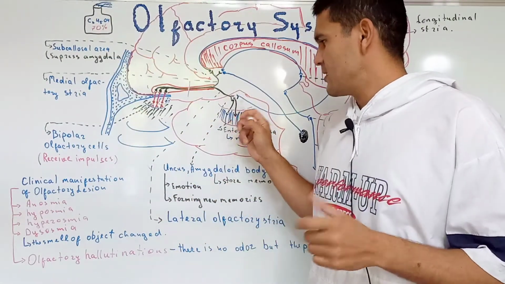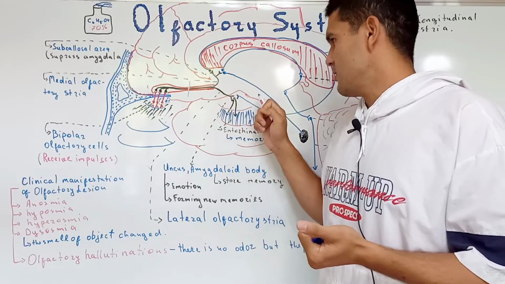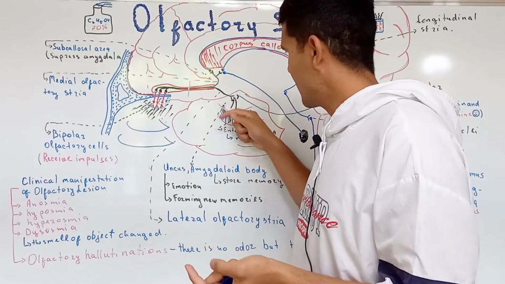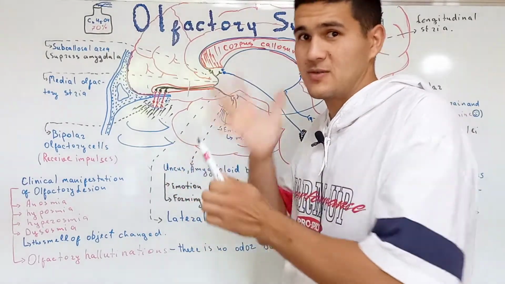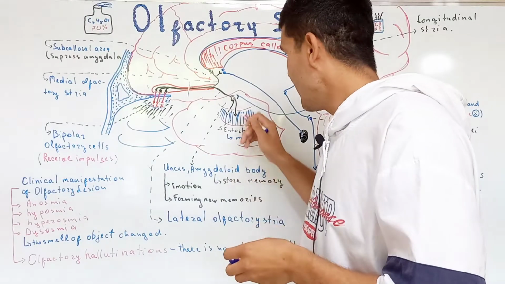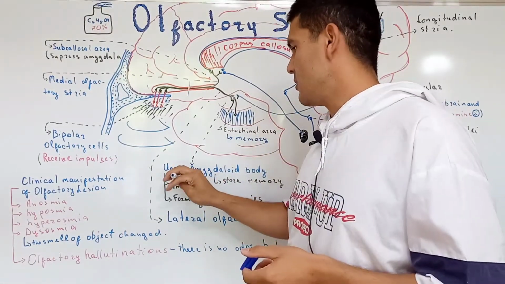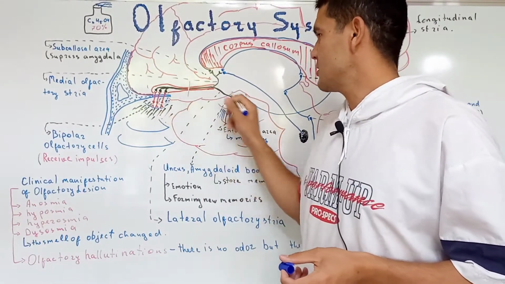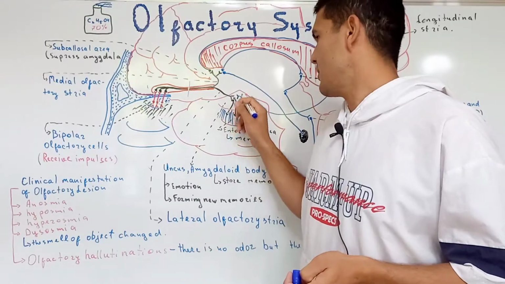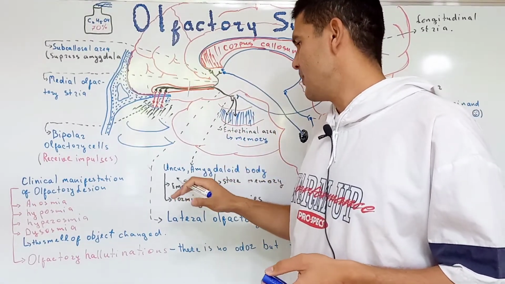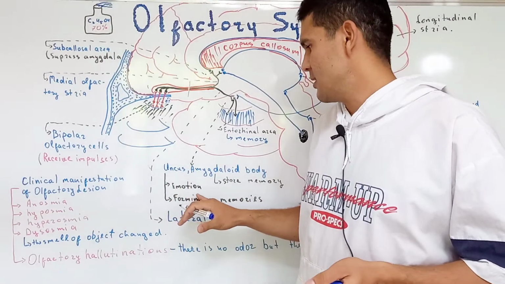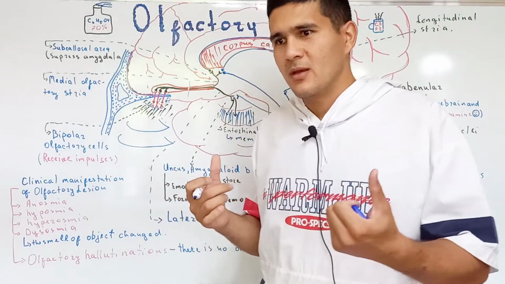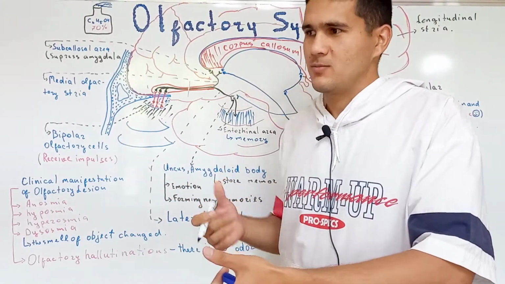And look at the, first of all, we should talk about the lateral olfactory stria. Its first destination is this part of the hemisphere. This part is the medial part of the temporal lobe of the hemispheres, okay? And this part consists of the uncus and amygdaloid body. And according to this destination, the impulses are received by this part of the hemispheres, and the main function of the uncus is some kind of reacting of the human body according to the type of the odor, pleasant or unpleasant,